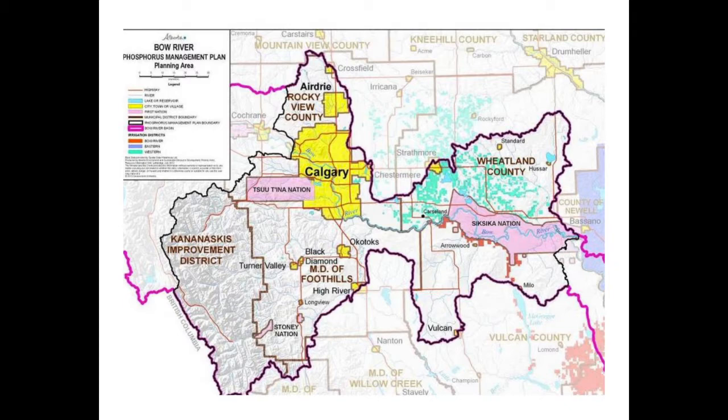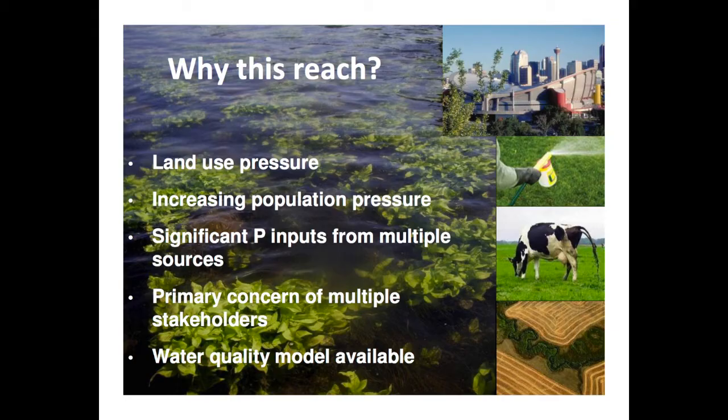Actually, you could say it has turned out to be a much larger area than expected. You try to get place-based, and you find no matter how small an area you try to get down to, there are still lots of issues going on. In this reach, there is a lot of land use pressure, a lot of development. We have agriculture, irrigation, confined feeding operations, and a lot of recreation.